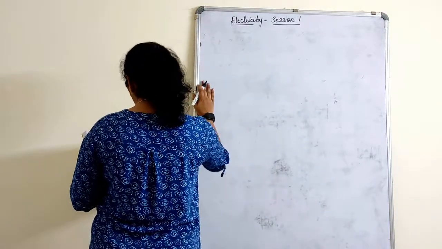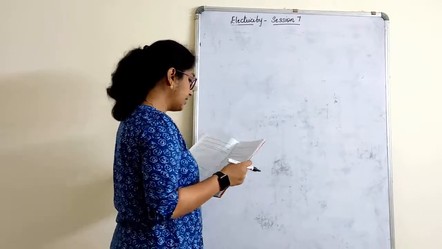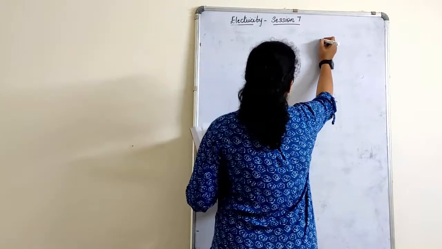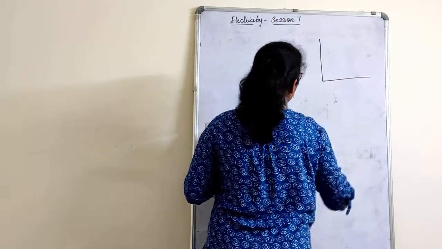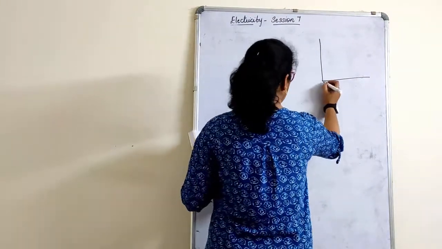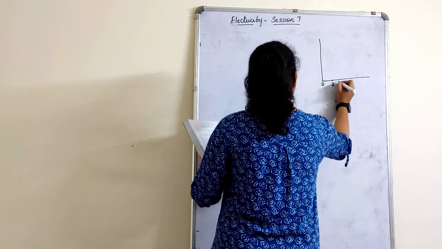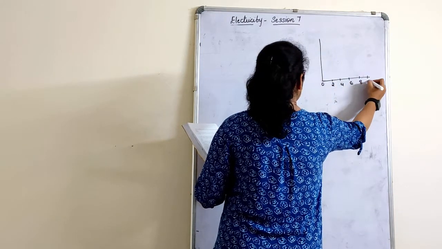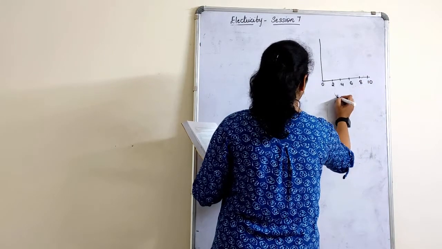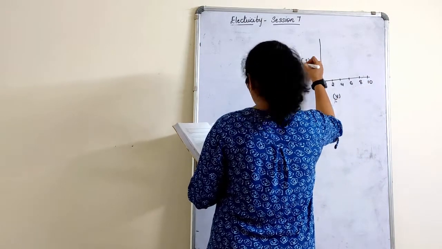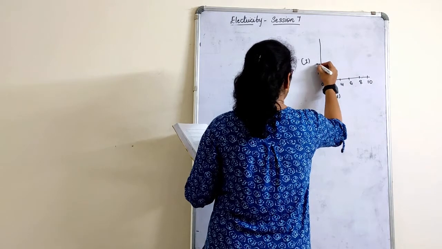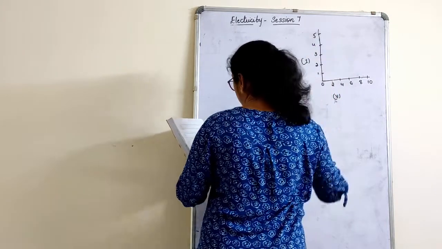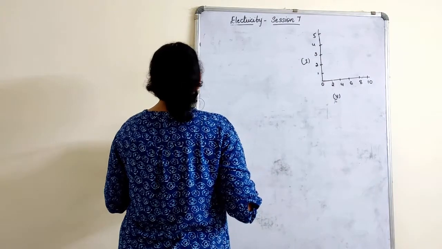So the values of the current and the voltage are given here. We have to first plot a graph for this. So you can take a graph sheet and paste it, or you can even draw it in your book as it is. So this is 2, 4, 6, 8, 10. This is nothing but Ohm's law graph, children. What you actually get here is... So 1, 2, 3, 4, 5.